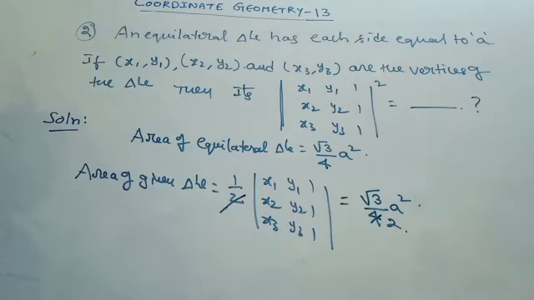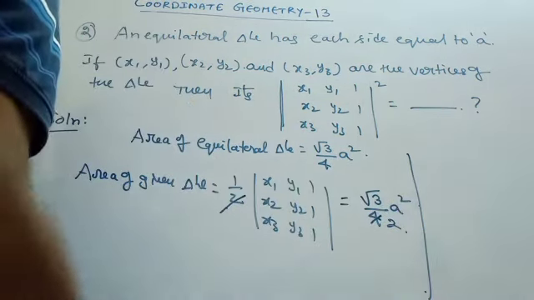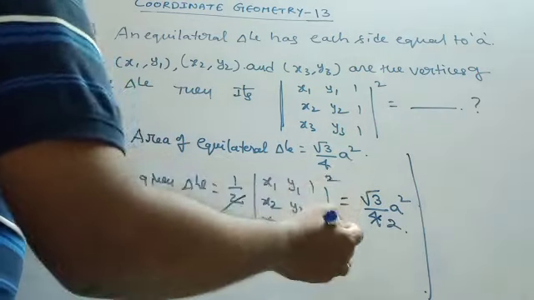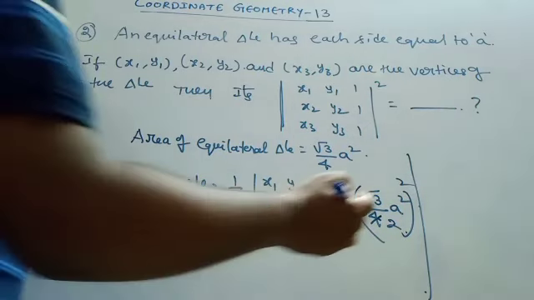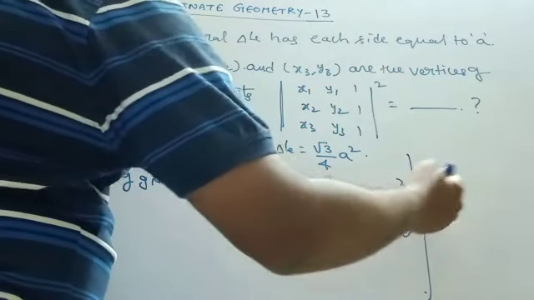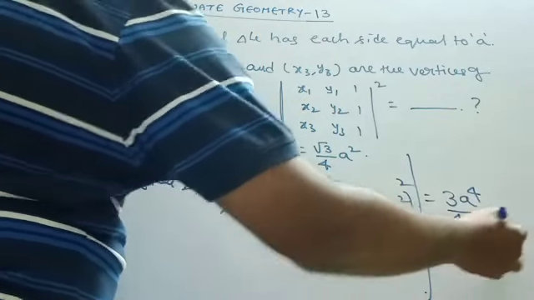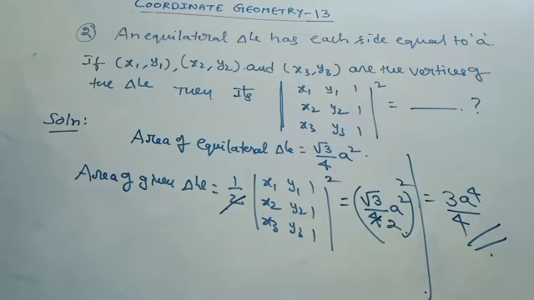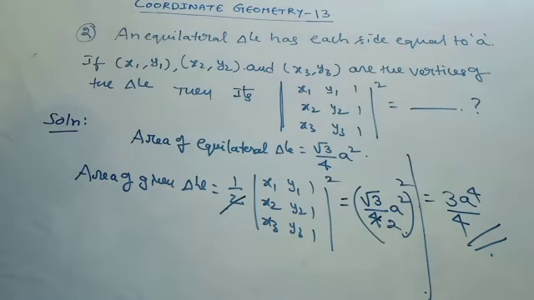And you do squaring. Now, if you do squaring here, what do we get? This total square you are also going to get. Once you do this squaring, root 3 whole square is of course equal to 3. A square whole square is a power 4, and 2 square is 4, so 3 into a power 4 by 4 is the value you are going to get. How we have simplified that, please observe, my dear students.